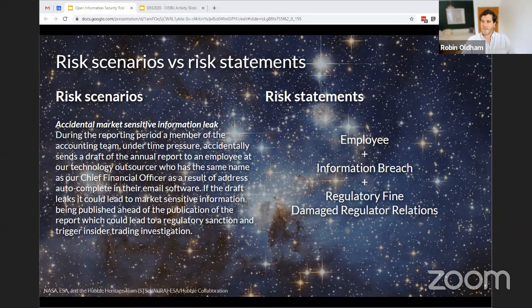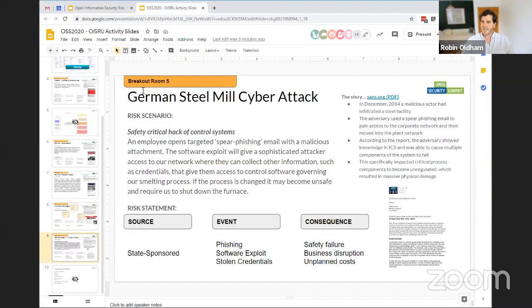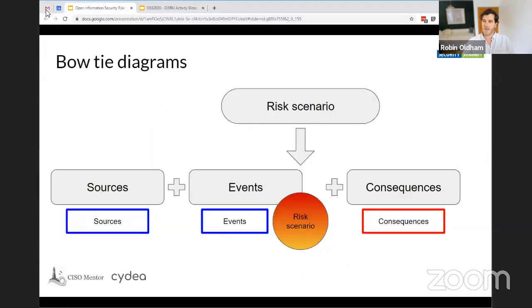We had everyone break into groups, and they completed an exercise here that you can see, taking a historic event and reversing that into a scenario and a statement applying the framework, and we gathered people's feedback on what that looked like. Then we talked a little bit about bow tie diagrams and how we can use the OISRU framework